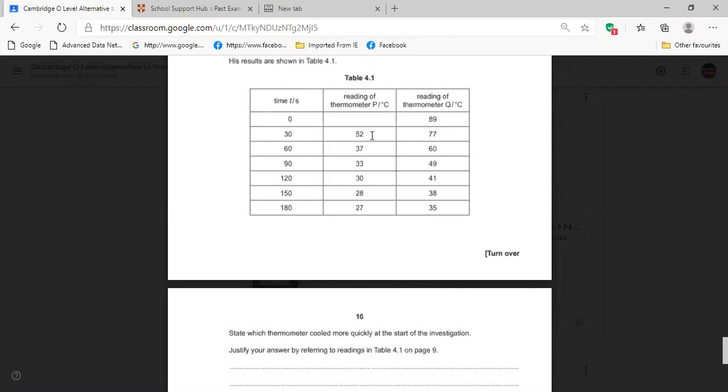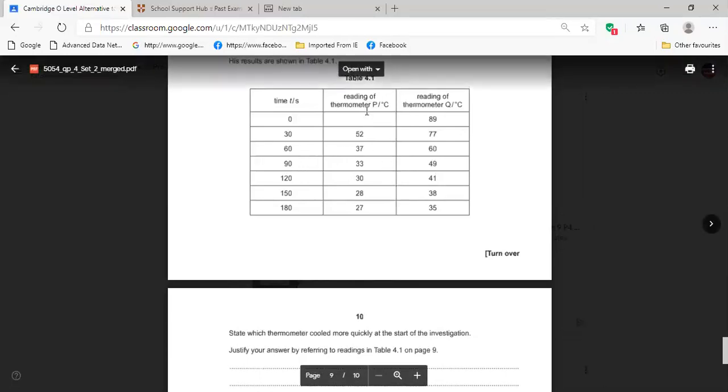Temperature is falling down more where? In P or Q? It's P. I get it. So how can you take Q? Look, after 20 seconds, you see, everywhere you take. After 60 seconds, then after 90 seconds, if you compare at least 3, 4,